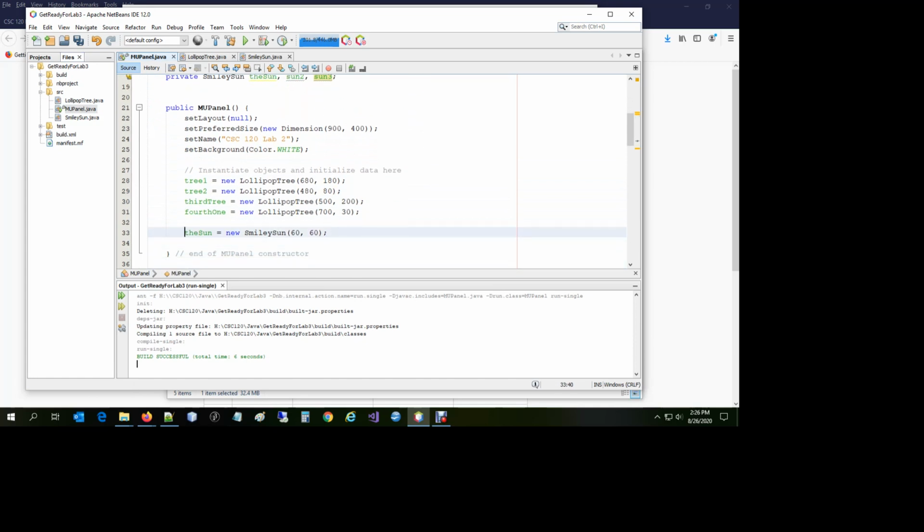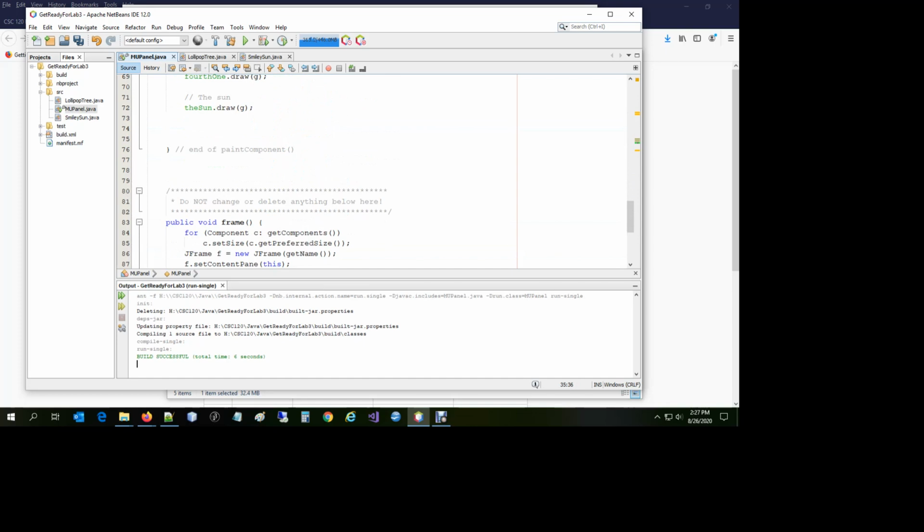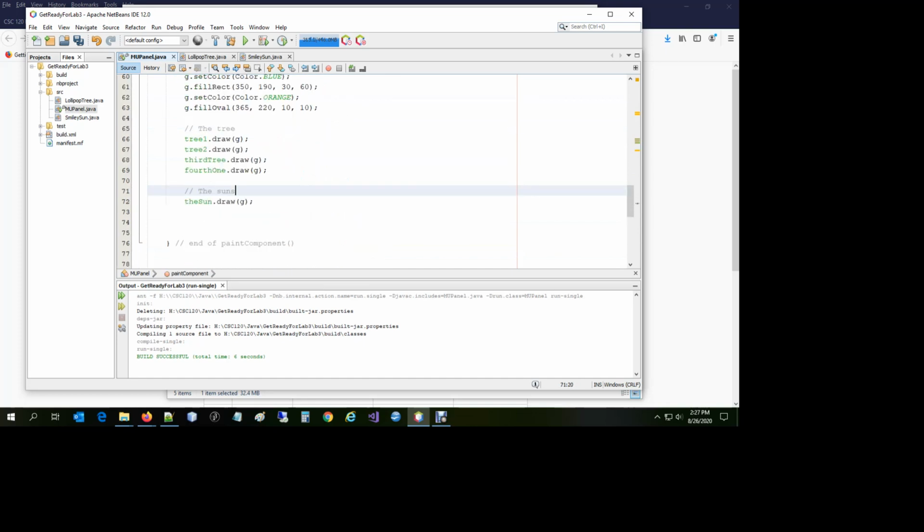And I could say sun 2, sun 3, and let's put this one, I don't know, 90, 35, and maybe this one is, I don't know, 35, 100. Okay, and then when it's time to draw suns, I guess I should say suns here, and trees,